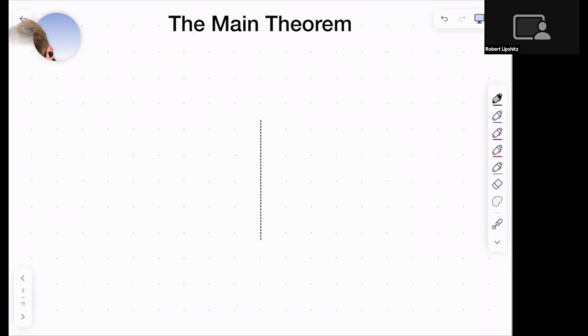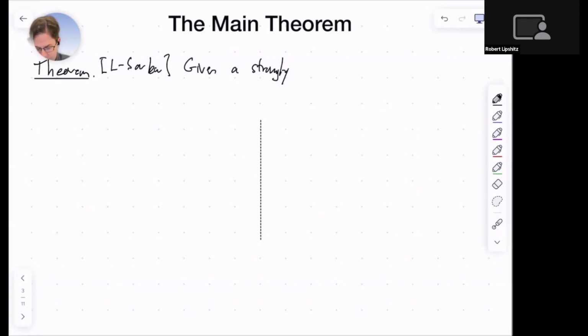So the main theorem, with Sucharit Sarkar: given a strongly invertible knot K in S3 with quotient K bar,